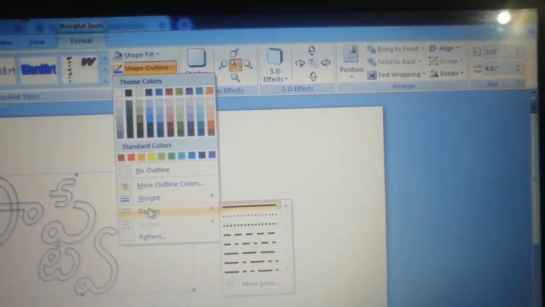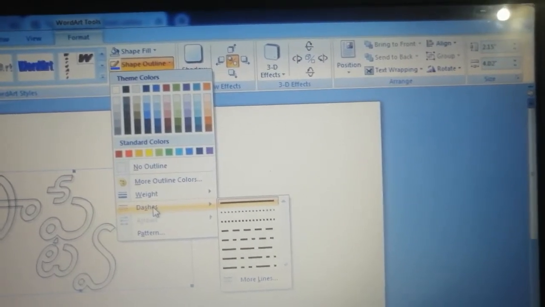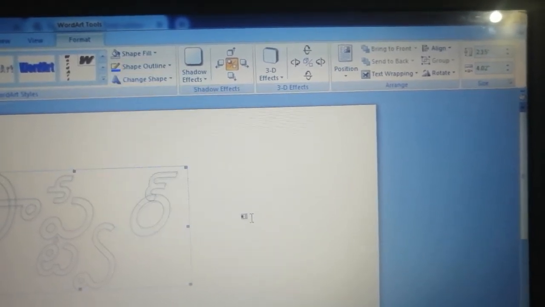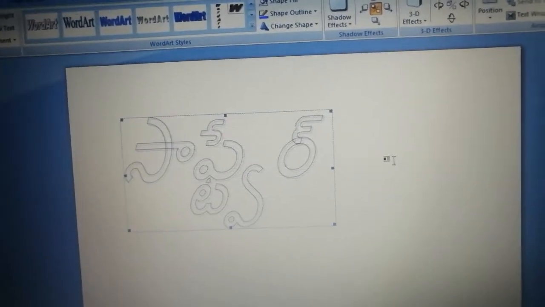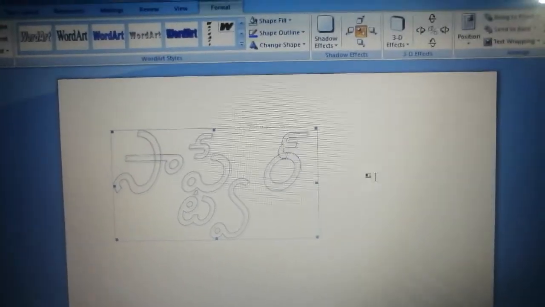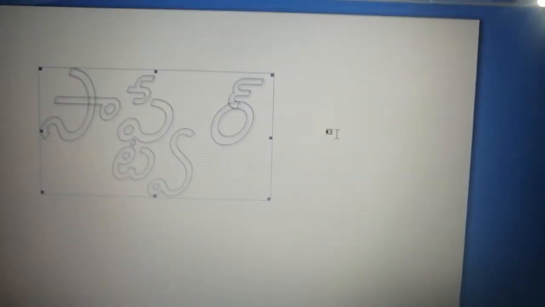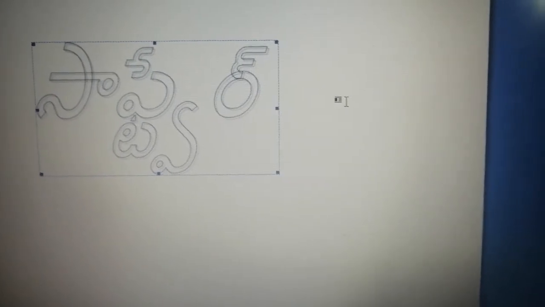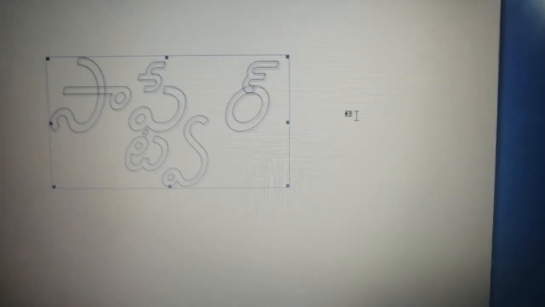Get into this drop down of dashes. Now let me select this. You can look here, we have got the border lines as dash border lines.